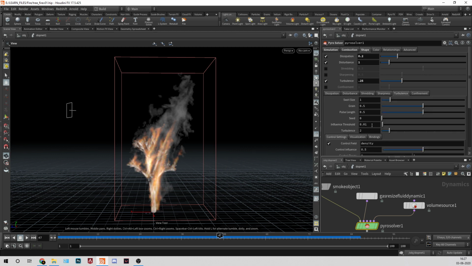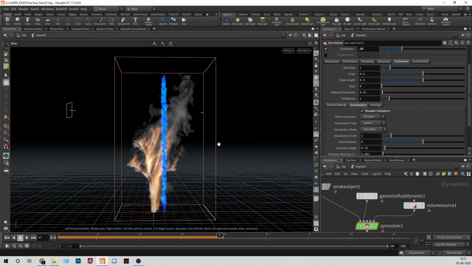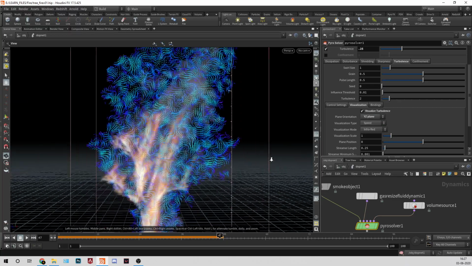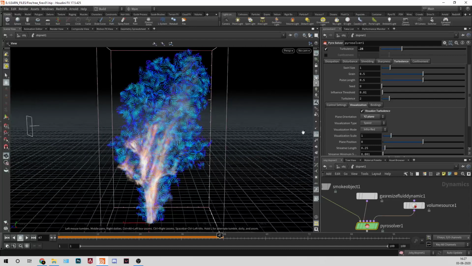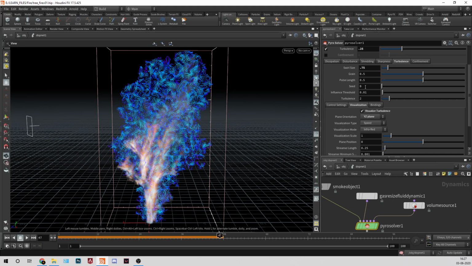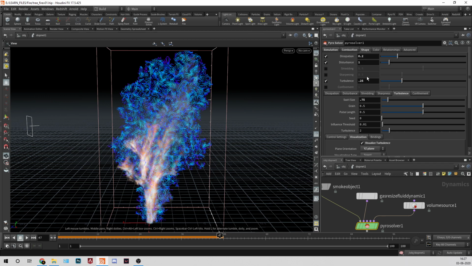And in turbulence, I'll go and visualize it. So I'll go for the YZ plane. You can see the turbulence, the swirl size is okay, but I want a little bit lower, so I'll go 0.75. And I'll change this to 0.5 maybe.